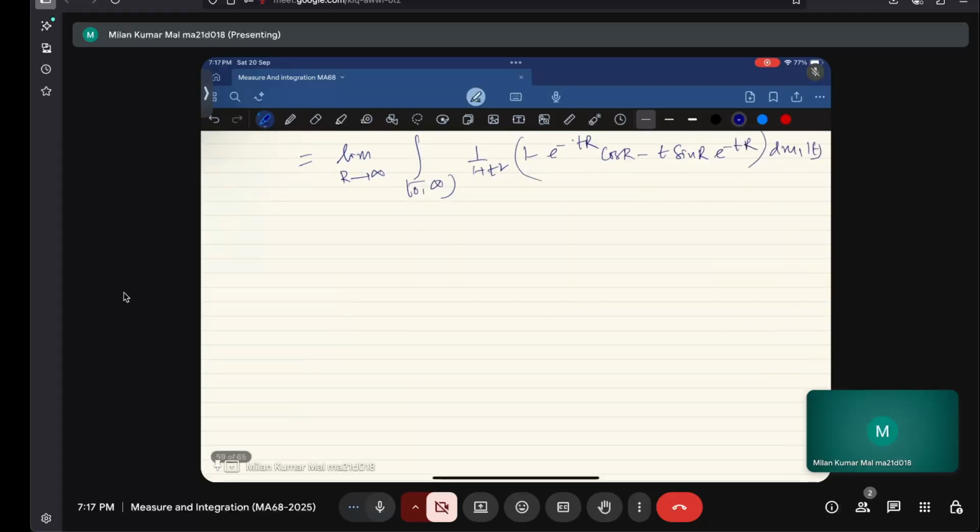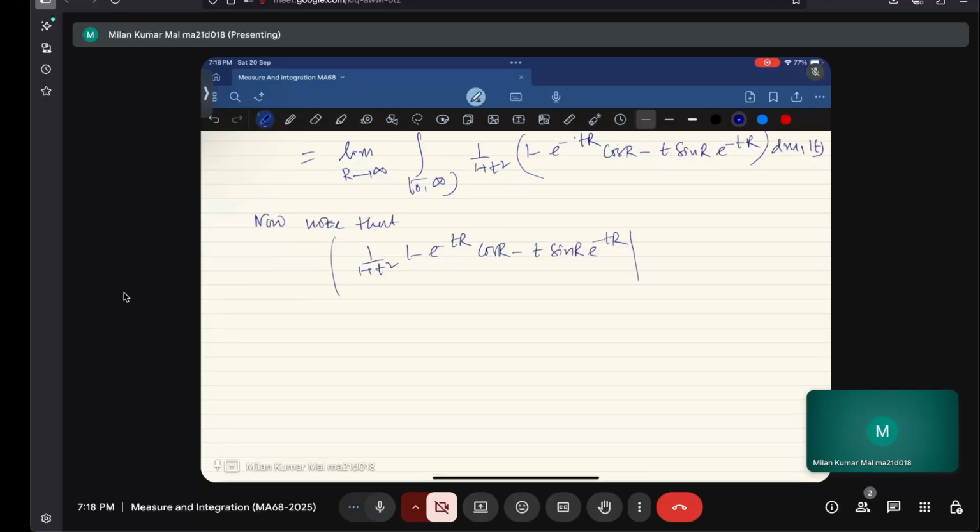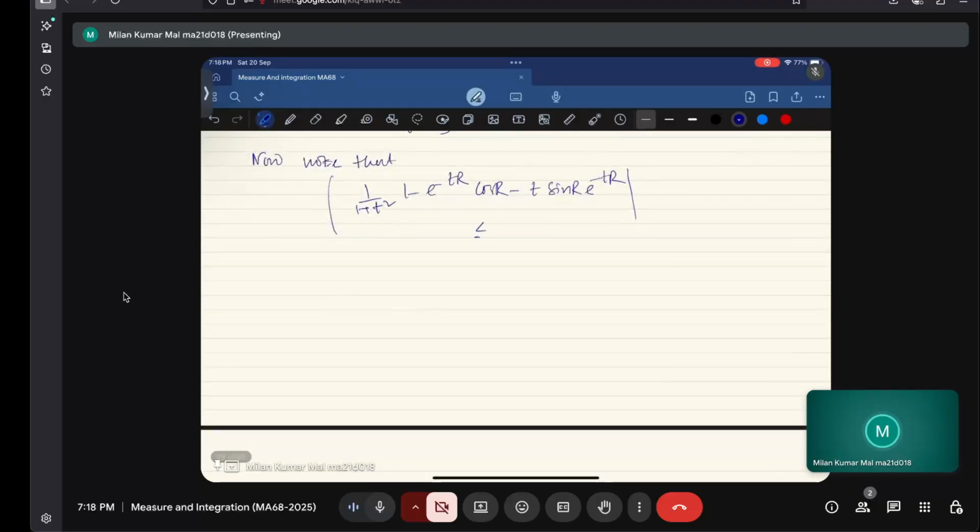Now note that the mod of 1 by 1 plus t square, 1 minus e to the power minus tr cos r minus t sin r e to the power minus tr, this particular value, is less than or equal to, first of all, this one will be less than or equal to, since cos r is less than or equal to 1 and sin r is less than or equal to 1,